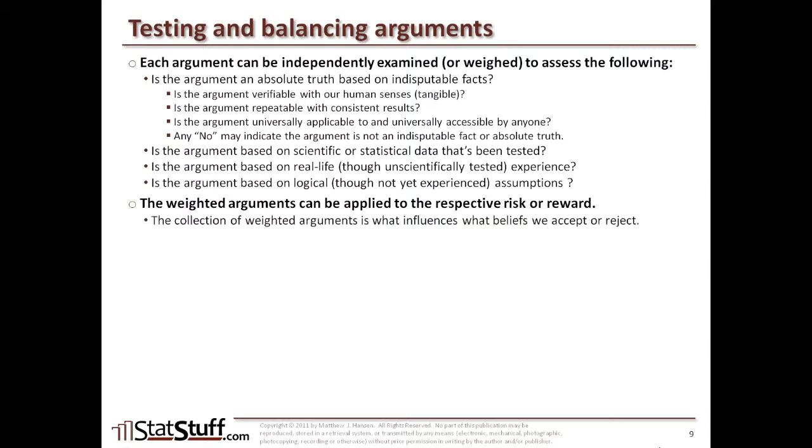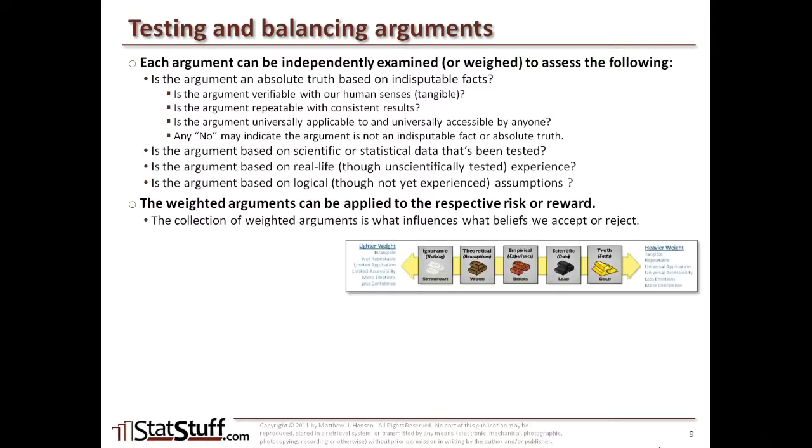So the weighted arguments can be applied back to the respective risk or reward that we have in our scale. If we look at the collection of all the different arguments that we have, chances are we don't have one thing that tips our scale in one direction or another. It's usually a combination of things, and those are all the different arguments that might have different weights. Those different weights are going to influence whether we accept or reject a belief in something. So if we look at the different categories, going from something that's more ignorant, that's lightweight, versus something that's truth-based, that's very heavily weighted,